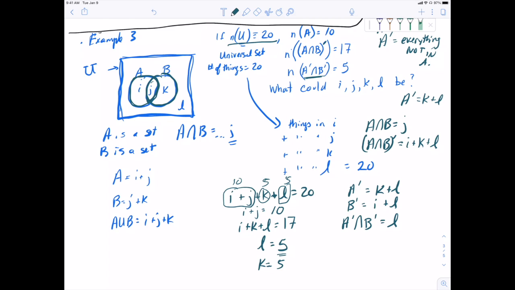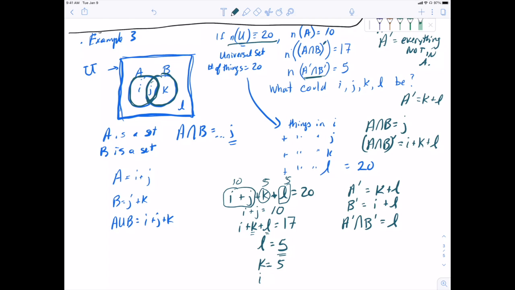I plus J is 10. I plus L is equal to 5. I plus J is 10. So then if I plus K plus L,